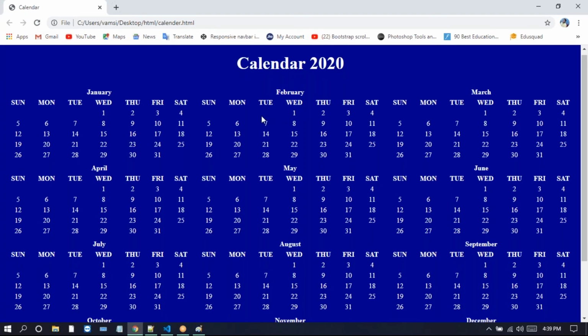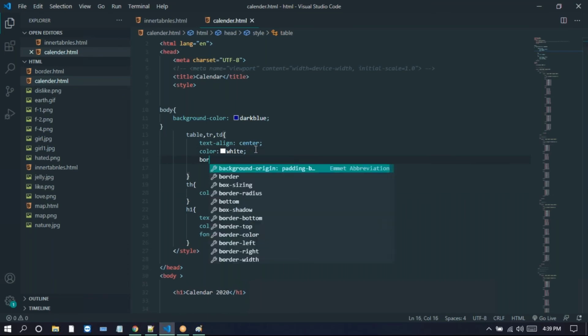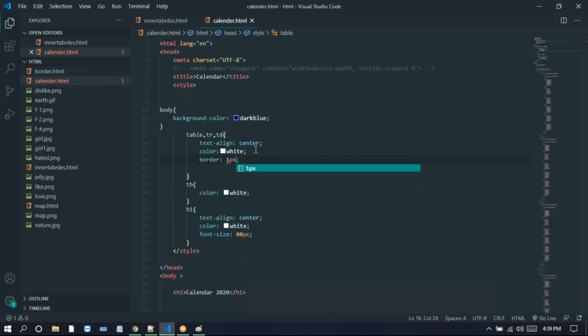We need to apply the border for this table. I'm taking the CSS property border, 1 pixel, solid white here.